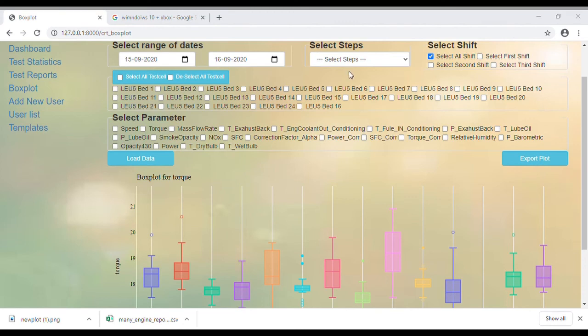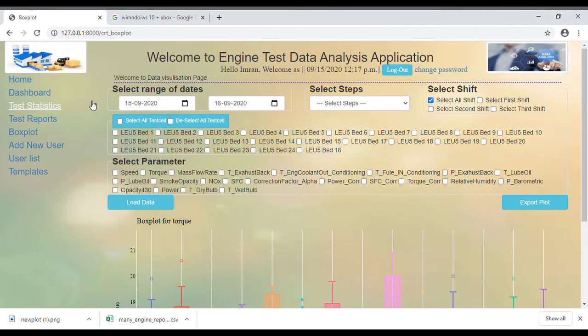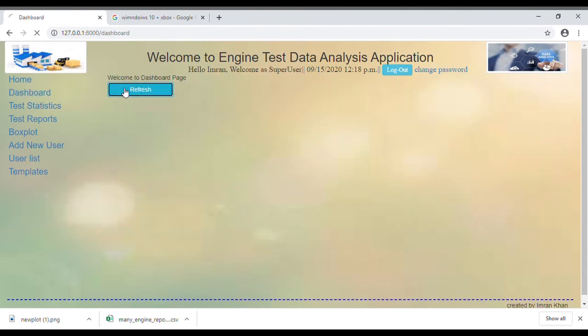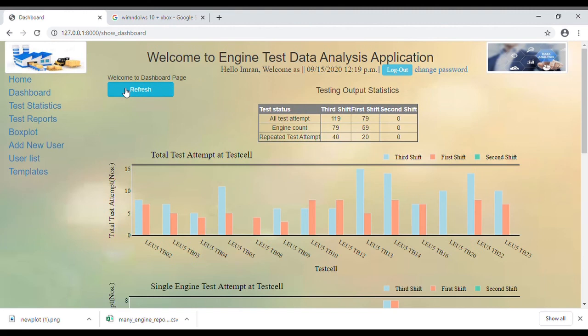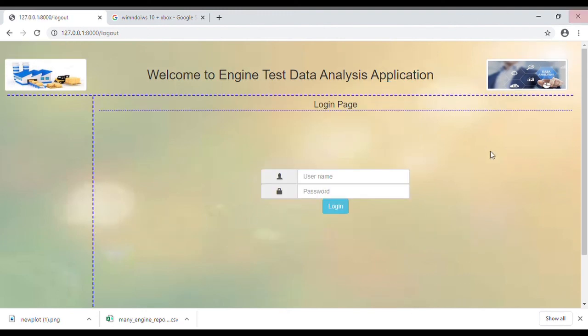Let me show. No, this is the dashboard. I come back to the dashboard and refresh it. It gives the main page. We are coming to the main page now. It shows our current running